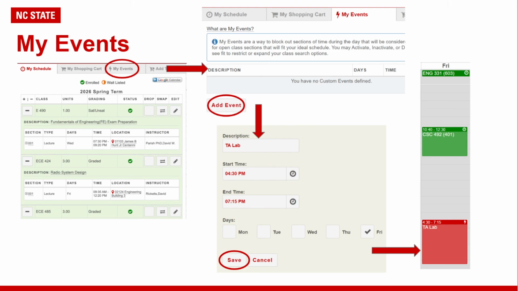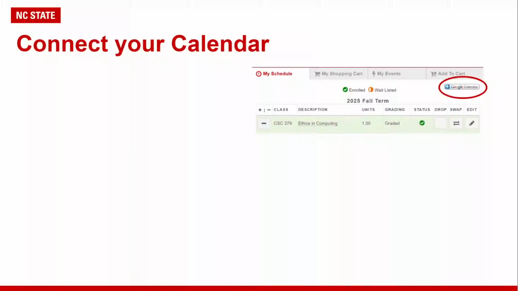You can see that your event has been added to your calendar and the time period has been blocked in red. Once you're done adding all your classes and events, you can add these to your own Google Calendar by clicking on the Google Calendar button. This can be very useful in staying organized and having a clear schedule without having to log into your MyPack